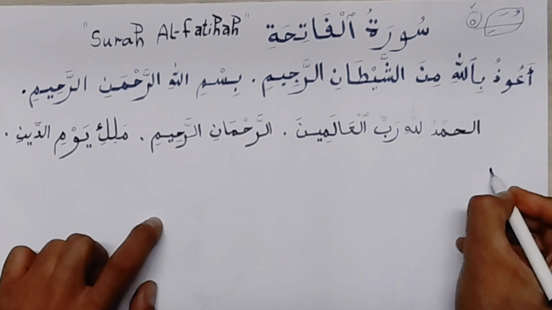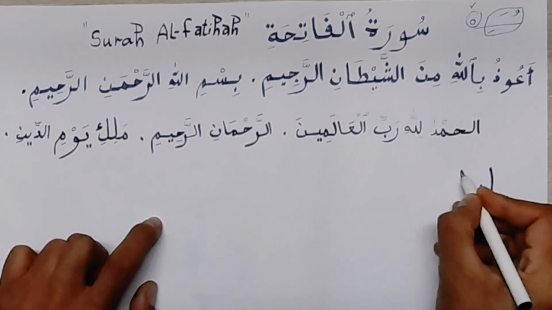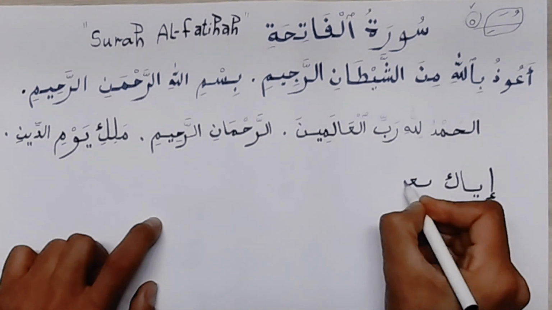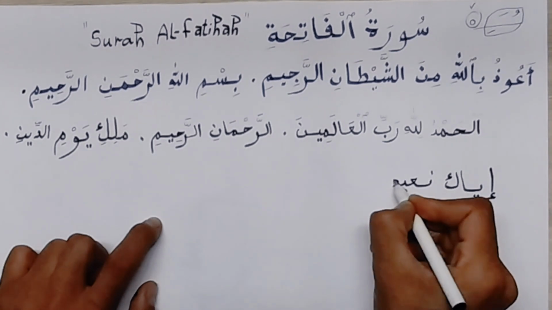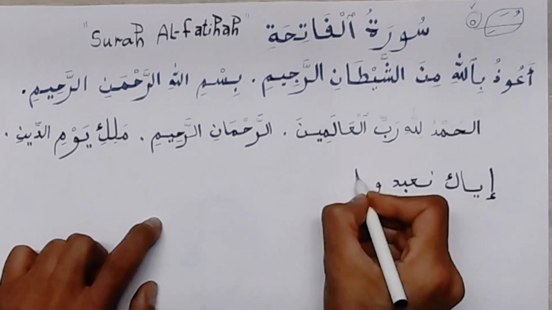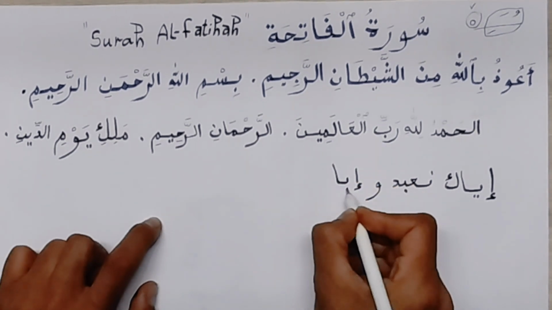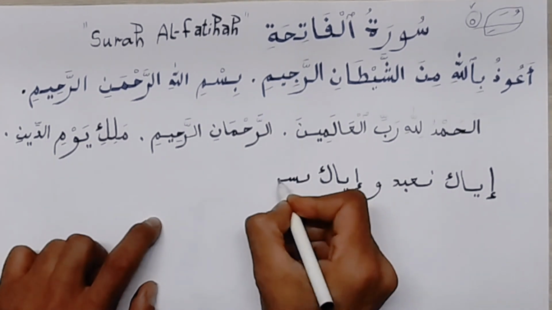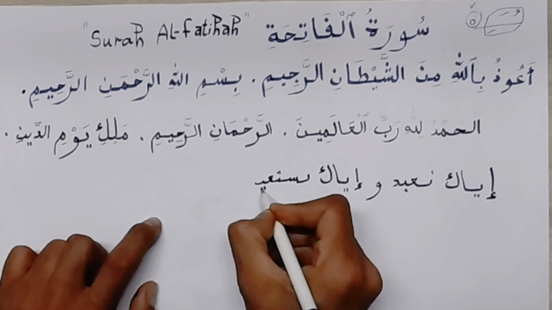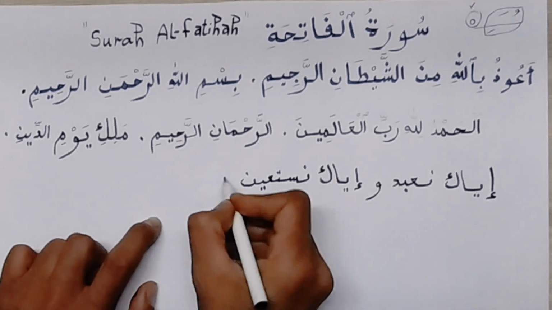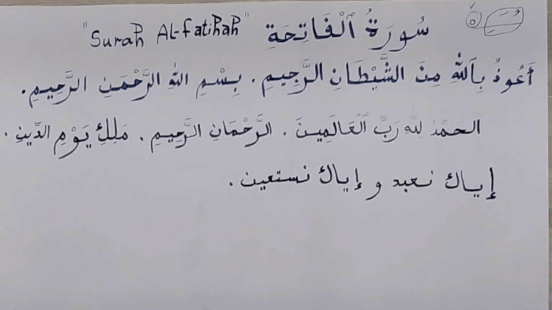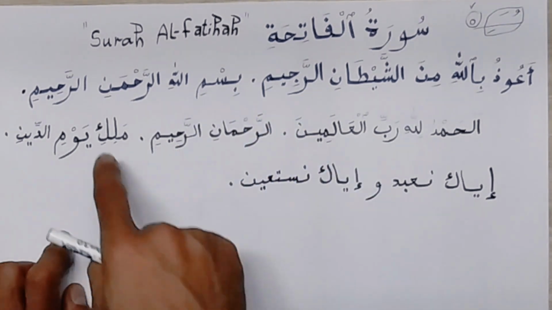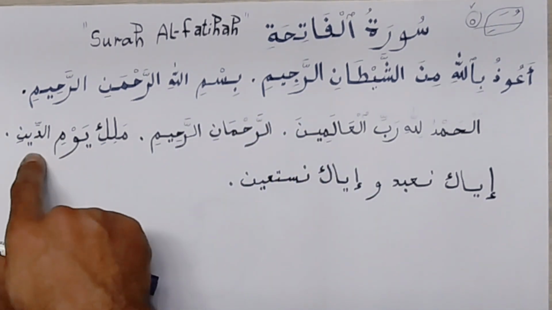Iyaka na'budu wa إياك نستعين. So Malik Yawmiddin. Malik is the king. Okay, the king of Yawmiddin. What is Yawmiddin? Is the day of